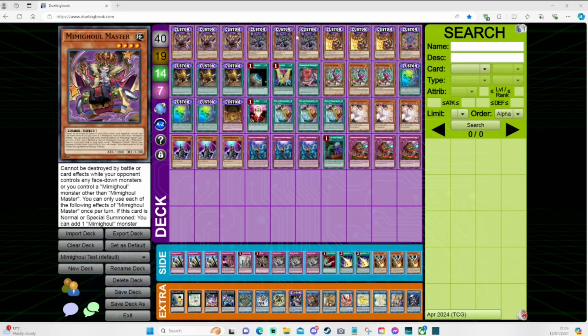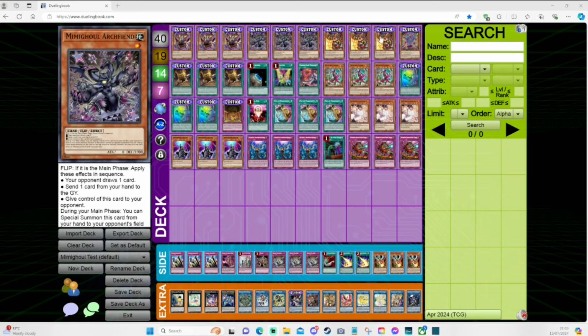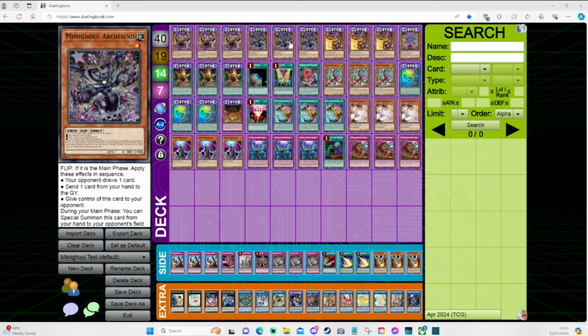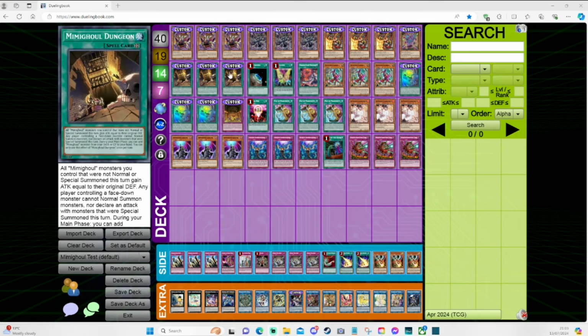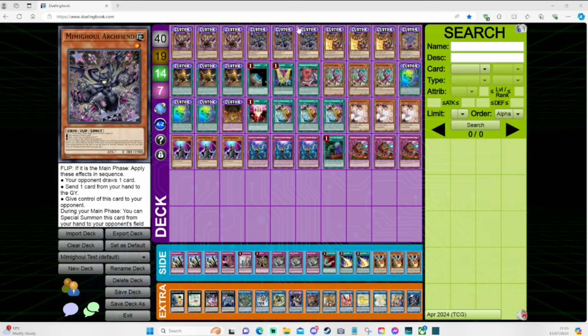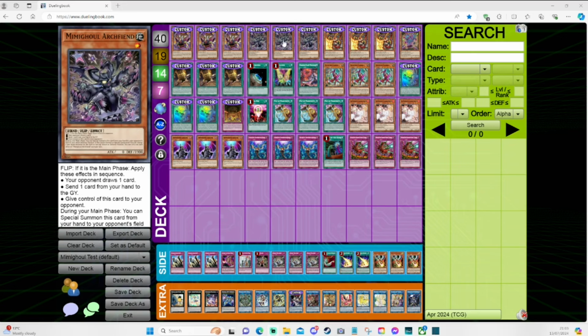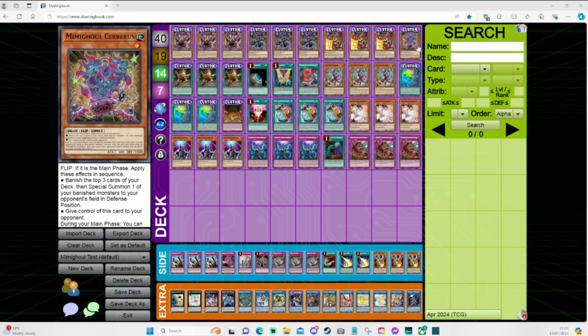And then of course we have the rest of the Mimighoul monsters, Archfiends. This is probably the one you want to set up. Like if you can set up all 3 of them turn 1, I think you're in a good position, because your opponent probably has to flip them all up, right? If you have the field spell, your opponent has no choice but to flip these guys up. They'll probably flip up this guy first so it doesn't destroy anything. You get control of it. They'll flip up this guy. They lose a card from their hand. You get to draw a card. And then they'll probably do this one. This is the worst one, in my opinion. Doesn't